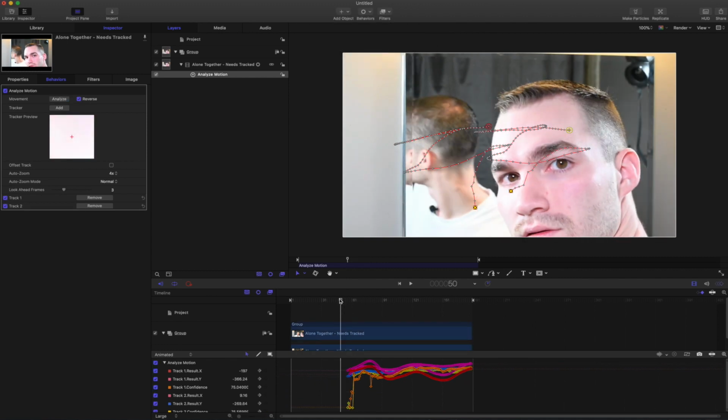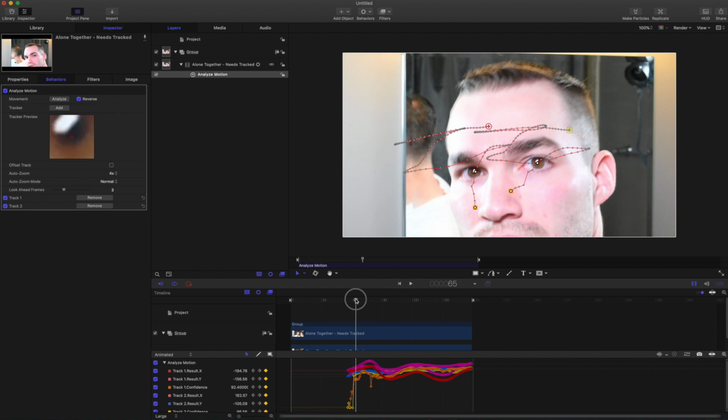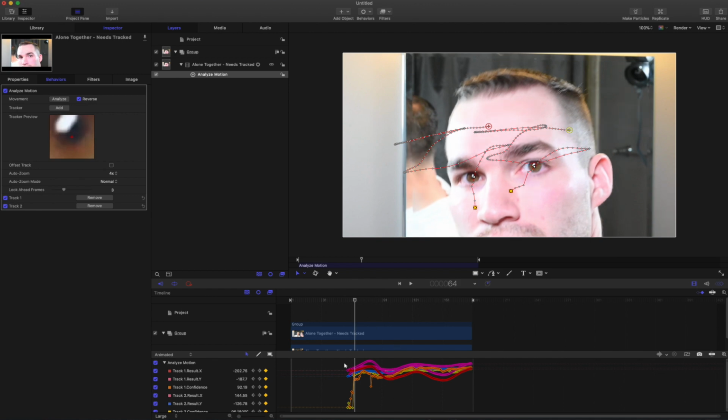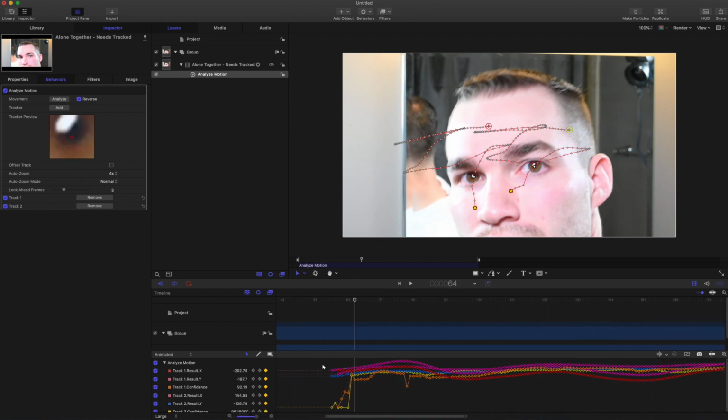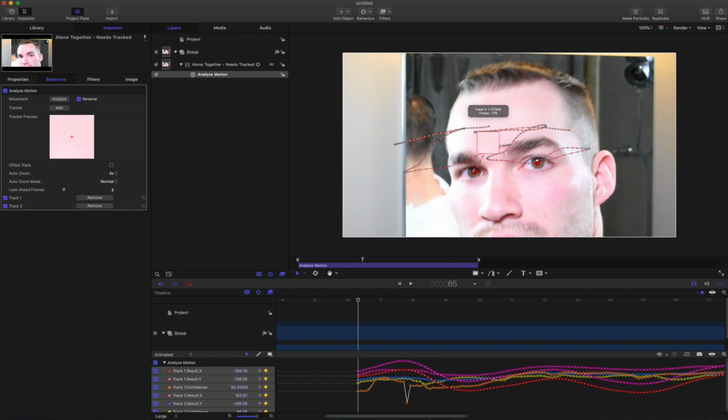Alright, you can see here that a lot of these keyframes don't work at all. We're just going to scrub back to the point where it last matches up, probably about right here. Zoom into the keyframe timeline, select all the ones that are bad, delete. Great, let's go back to the last one. Go ahead and rearrange those key tracks, and we're just going to put it right here on the eyeball and